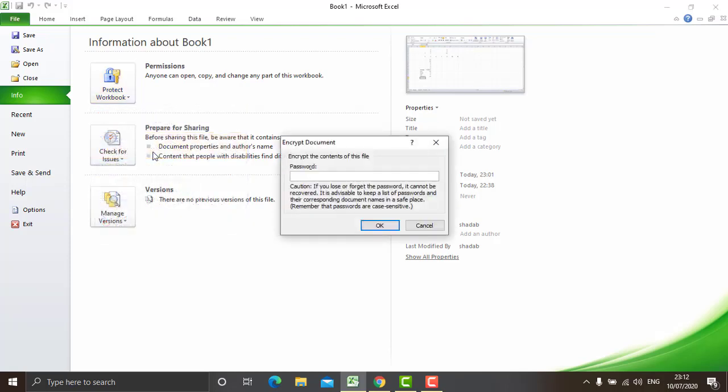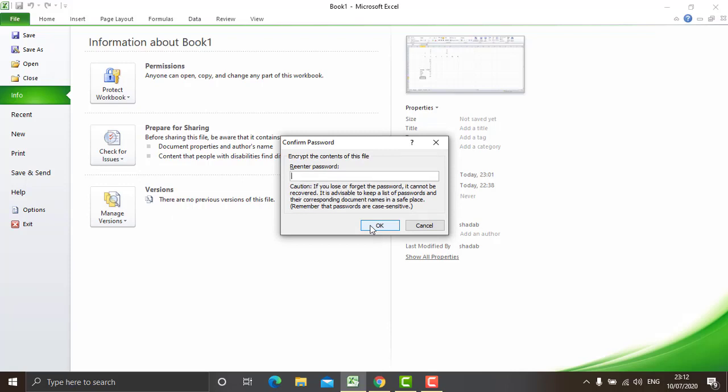As you click on it, a box comes up. This box will ask for the password which we want to set for the document. Say for example I want to protect it with the password star1234, and OK.